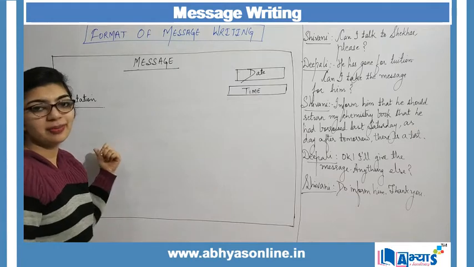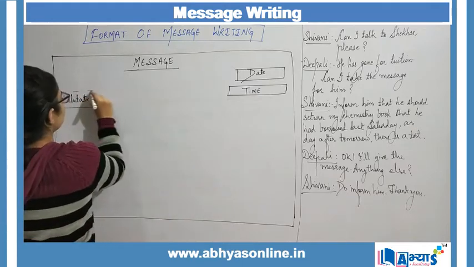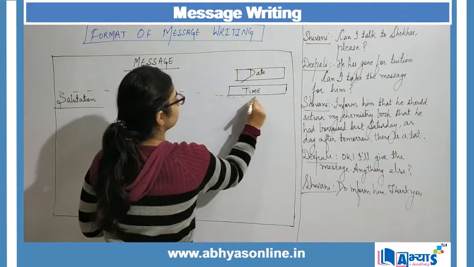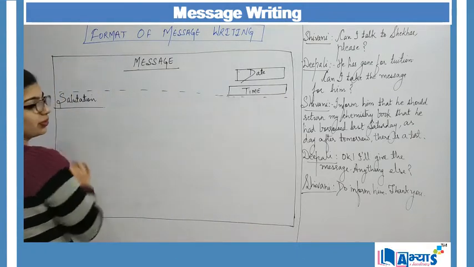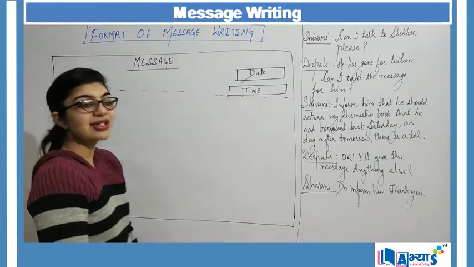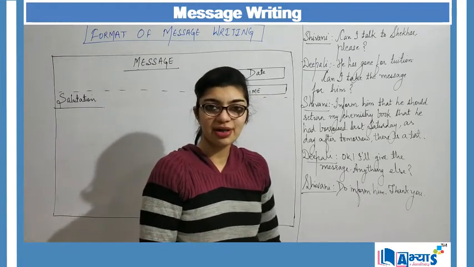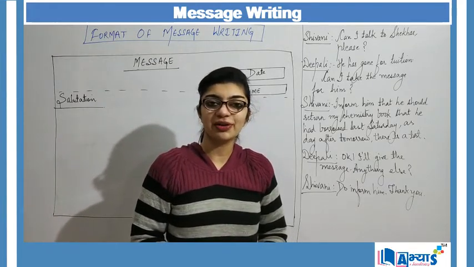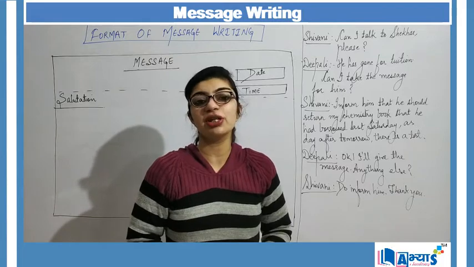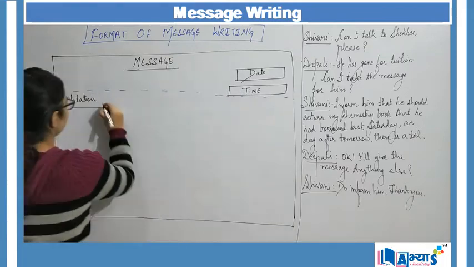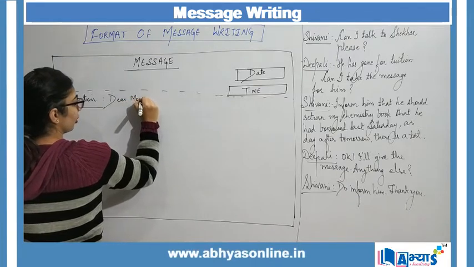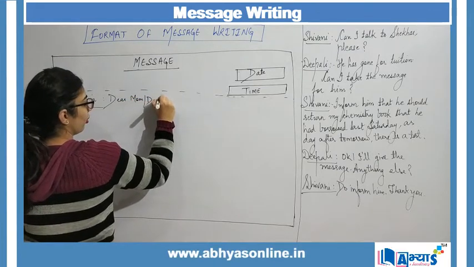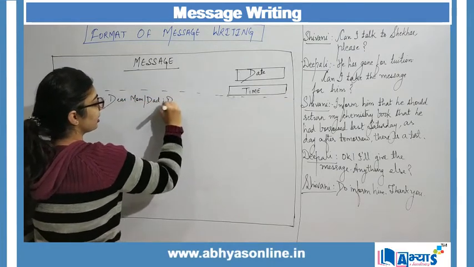On the left, you will mention the salutation by leaving a line over here. You will first leave a line and then mention the salutation. That salutation will be of the receiver. It is important to mention the salutation, and it should be short. For example, you say, "Dear mom," or "dad," or "Dear uncle,"